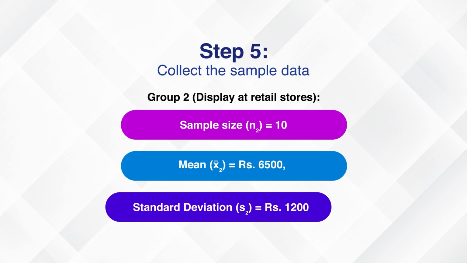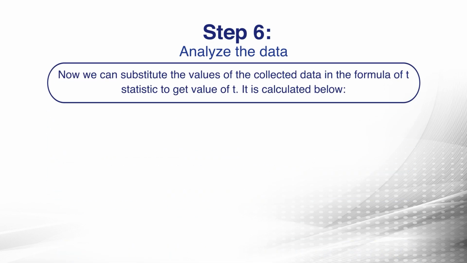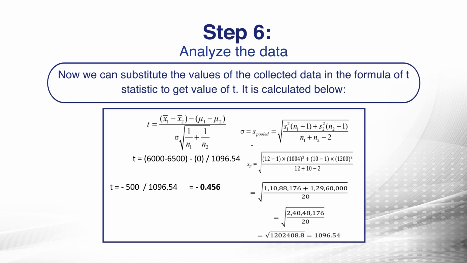Now we have to substitute this value in the formula given for T statistics for analyzing the data. By substituting, we calculate the standard deviation sigma as S pooled by putting N1 as 12, S1 variance as 1004, N2 as 10, and S2 variance as 1200. By putting all these values, we get S pooled as 1096, and when we put this value in the T